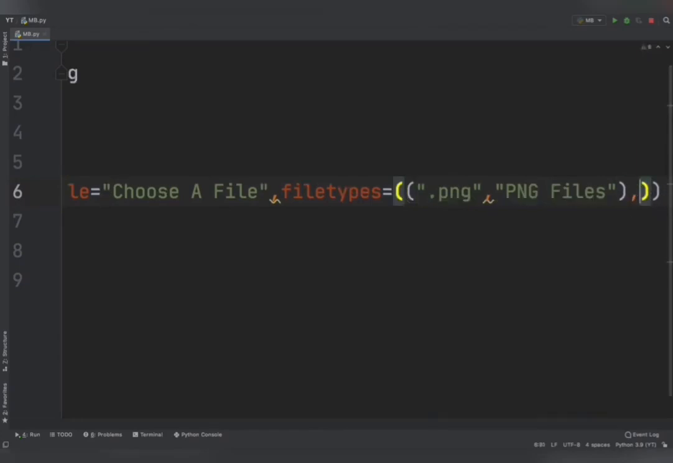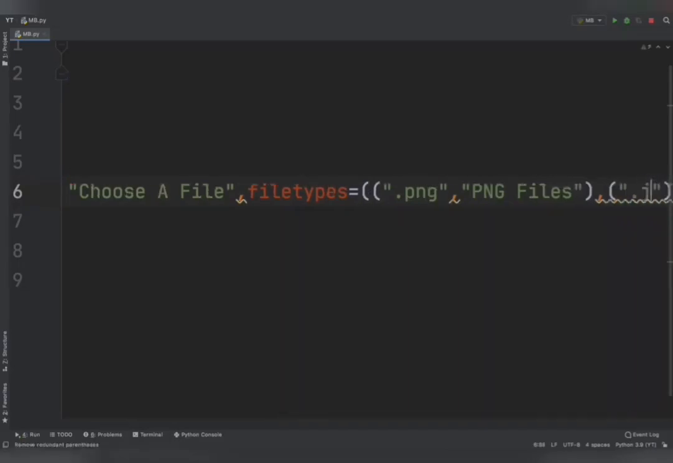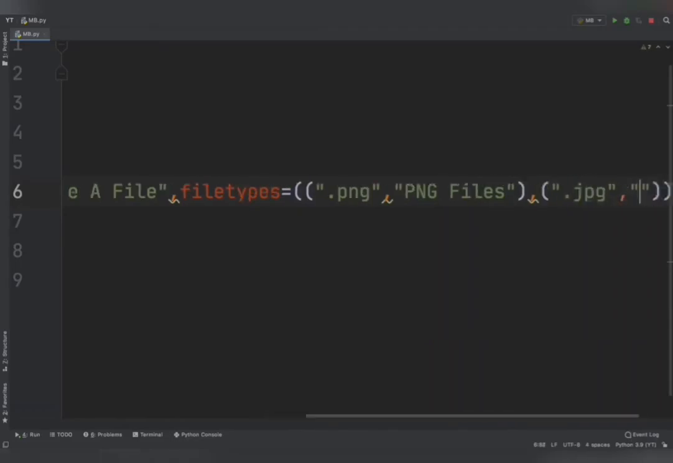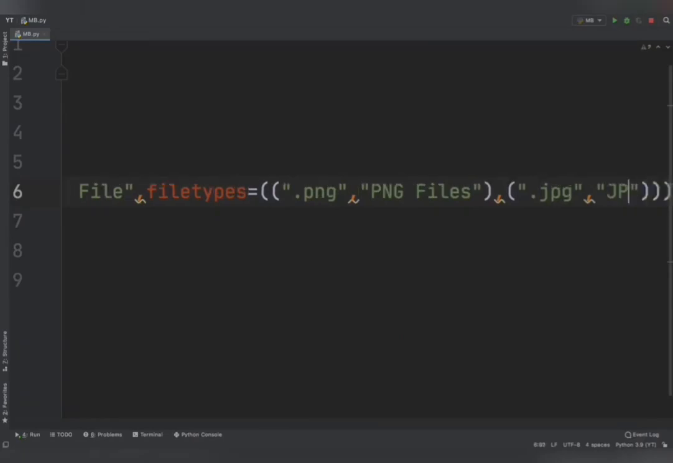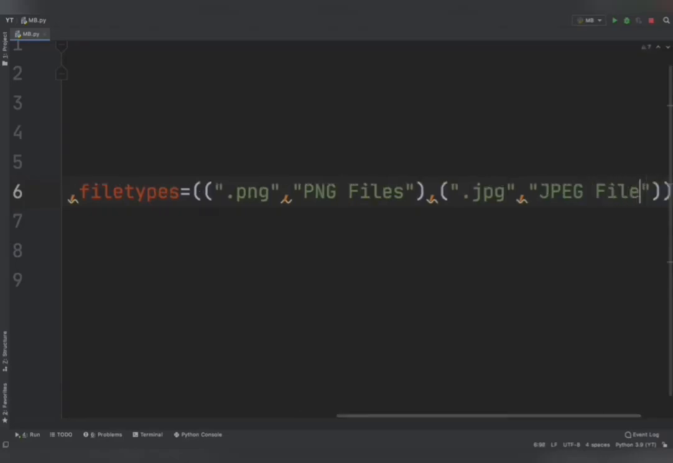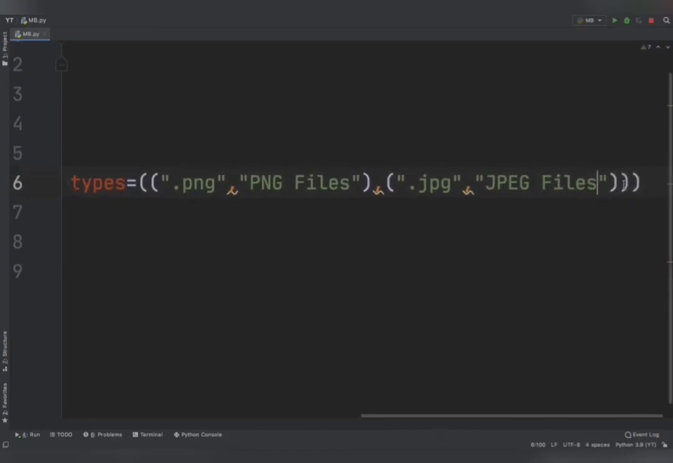Now you guys can see here that in one parenthesis I have defined one type of file. So put a comma and empty parenthesis, and in the next empty parenthesis I will define jpg files. So in the double quotation marks I will write .jpg, and after a comma I will write in the double quotation marks jpeg files, and when I hit run,